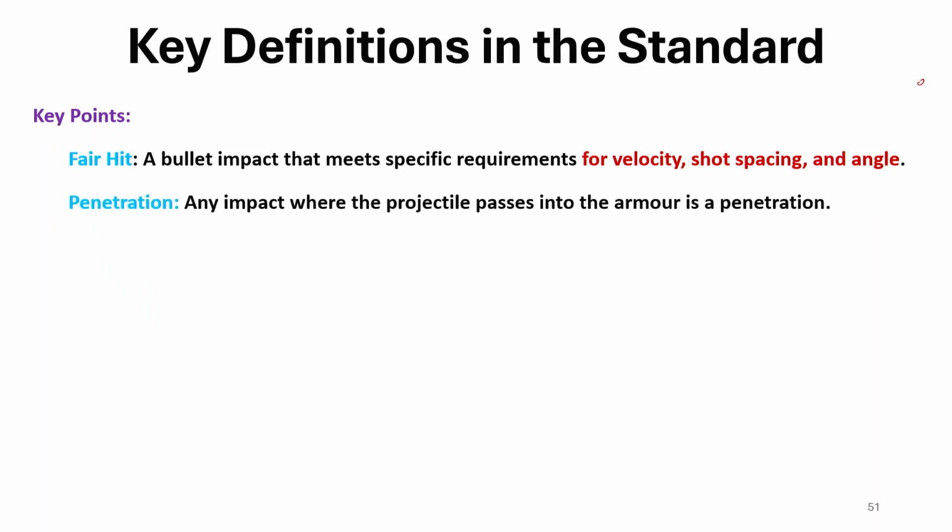Then penetration. Any impact where the projectile passes into the armor is penetration. So, there is an armor and the projectile, the bullets hit. They will penetrate somewhere. It may penetrate through this armor or partially penetrate. So, penetration has to be taken into consideration, and we have to specify it with the test report